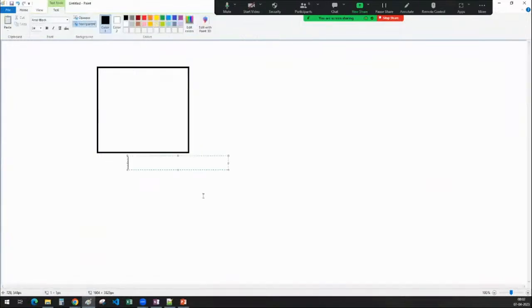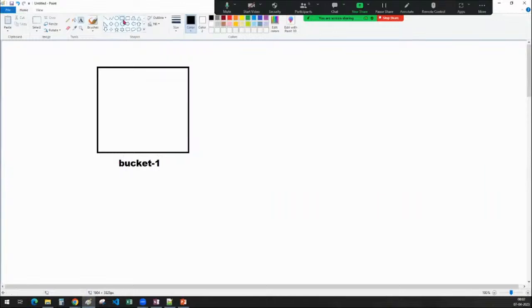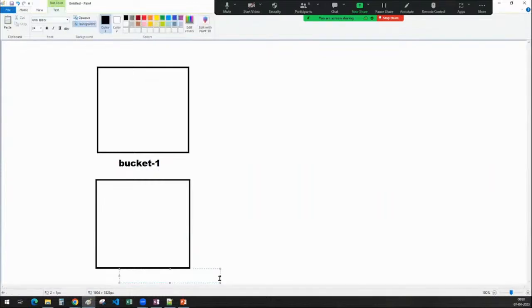For example, this is your bucket 1. You can think of this bucket 1 as your transactional bucket, and this is your archival bucket, bucket 2. We will be having use cases or scenarios like that, where we will be automating these kinds of things.